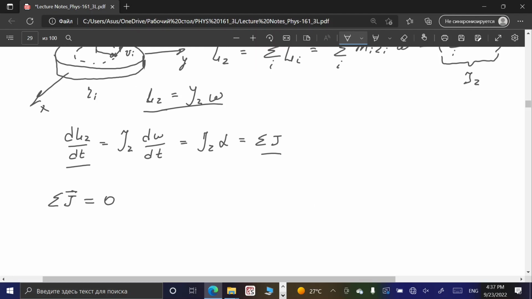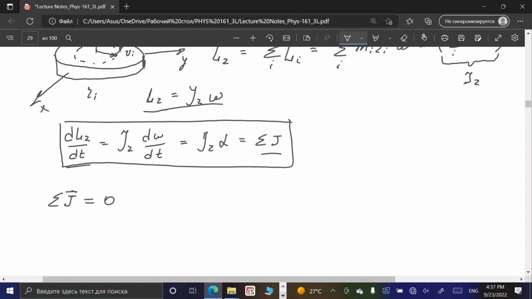And that means that from this relationship, which we had for different parameters of rotational motion of rigid bodies, the first derivative of the angular momentum vector over time is equal to zero. It means that the angular momentum vector remains constant for a closed system. So that is the statement of conservation of angular momentum vector in a closed system, which is quite helpful